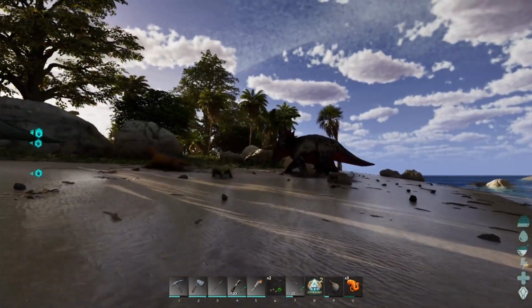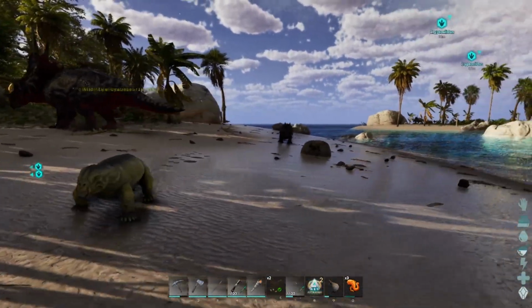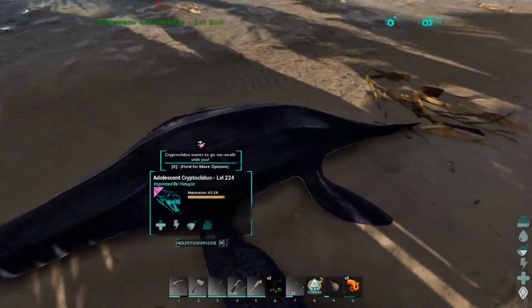Like, I could go over there, and I actually got it a little bit with the parasaur here that we adopted. But if I went and killed that trike and took its baby, then I would also be able to do that same thing with the baby. Now, the advantage of doing it with a pair of bred creatures...